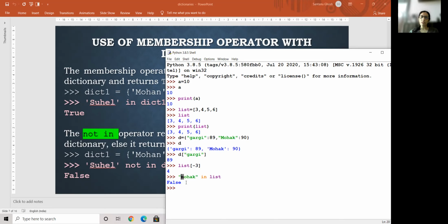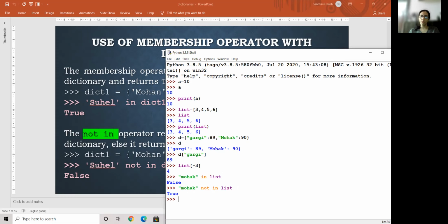Now I want to search for something which is not there. This was whether it is there, so it returns true if it is there, otherwise false. Now the vice versa of that. If I'm saying the same thing, is Mohawk not there? That I do by saying not in. Is Mohawk not there? This Mohawk, the small m one. Yes, it is not there.